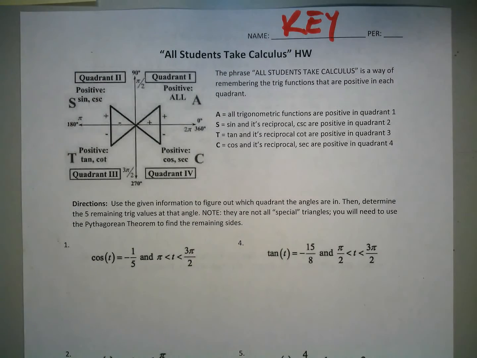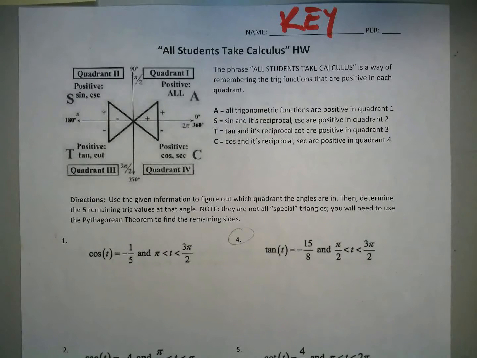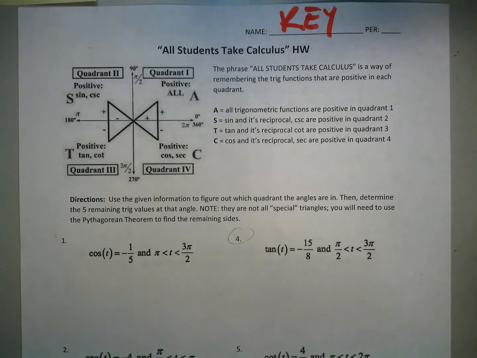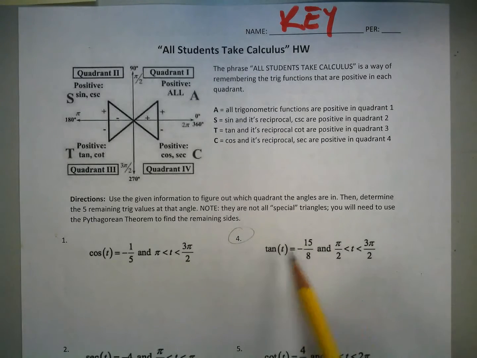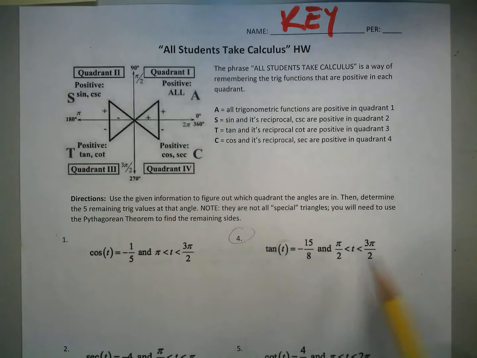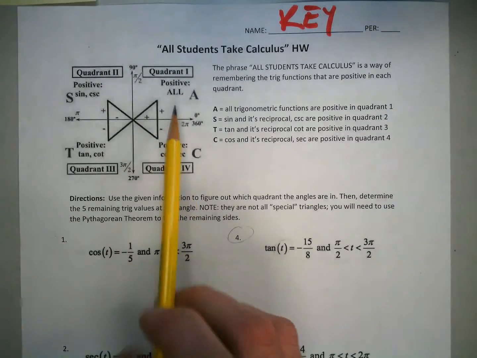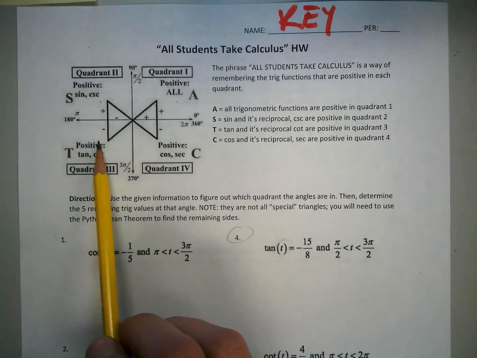Let's do a homework question together. I think number 4 here is a good one. We're dealing with being able to evaluate trig functions when we don't know the angle, when it's just a variable, t. We're given some information. We've got to use that along with what we know about which quadrants the trig functions